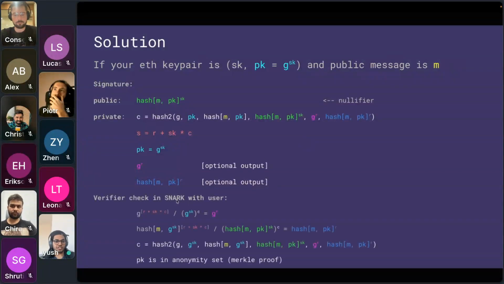We also calculate a ZK snark that verifies that this green nullifier value is calculated correctly, by ensuring that this C value that we calculate is in fact calculated correctly. The high-level intuition here is that if you have some hash, then you must have known the preimages, the values that are passed into that hash, which proves that you must have known the secret key to this account.